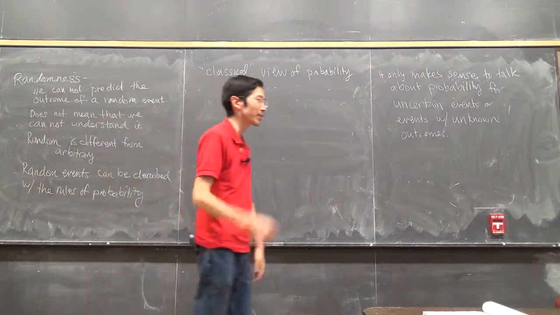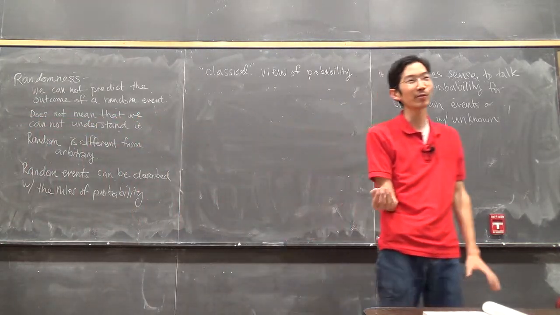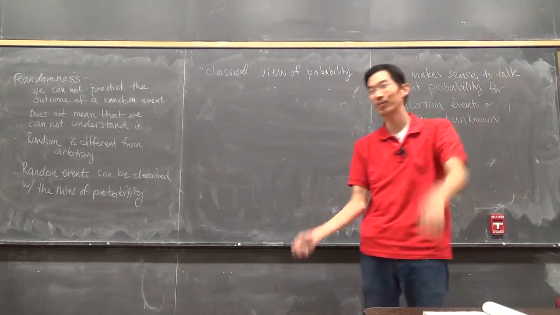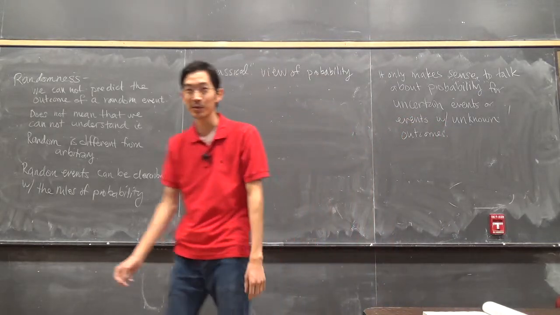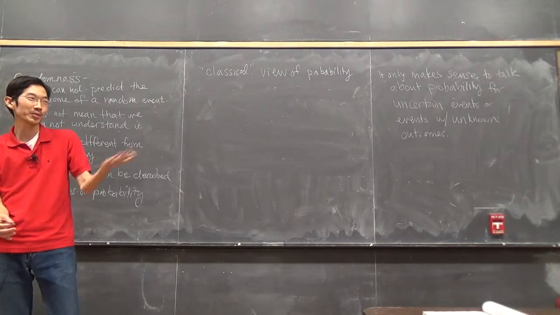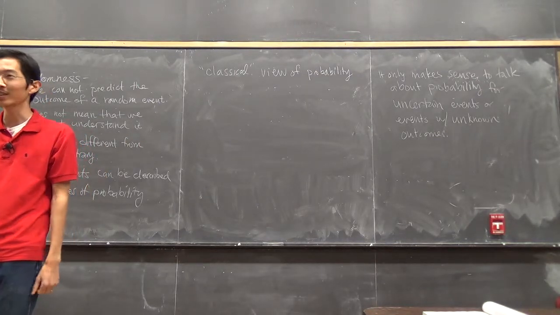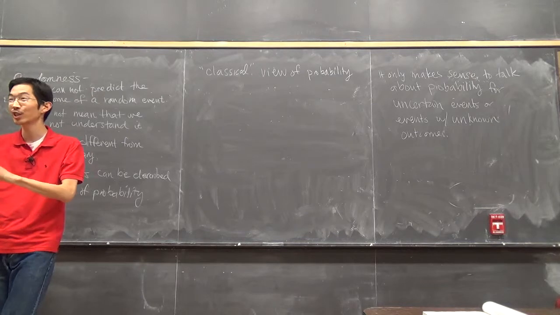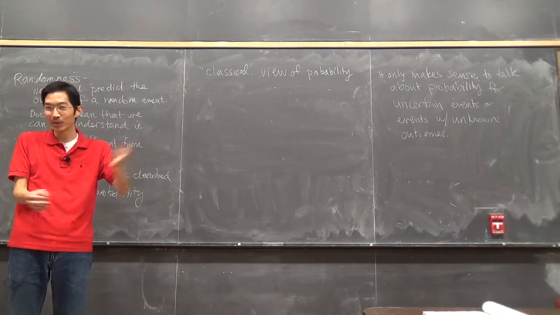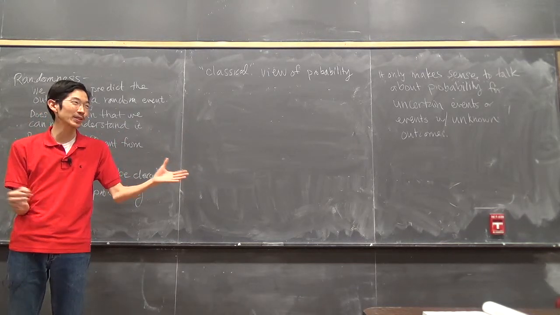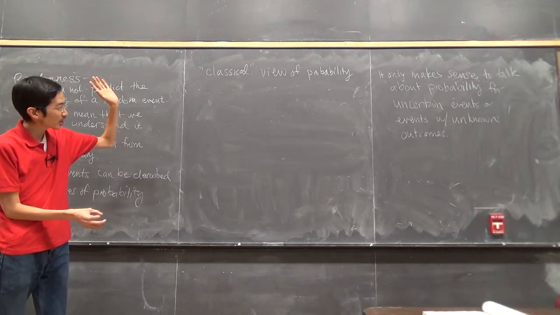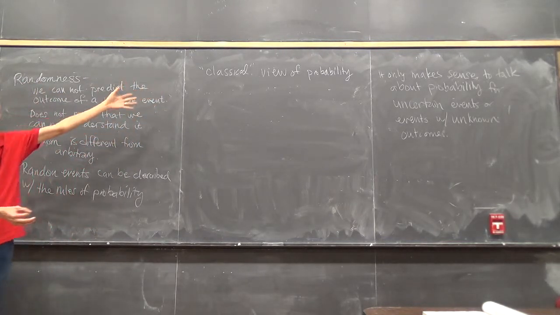Okay, so if you've taken physics, you probably first learned Newtonian physics, right? Force equals mass times acceleration, these types of things. But then you learn later on that quantum mechanics and general relativity change the Newtonian view of physics. But for our day-to-day purposes, Newtonian physics works well enough, okay? And so the classical view of probability